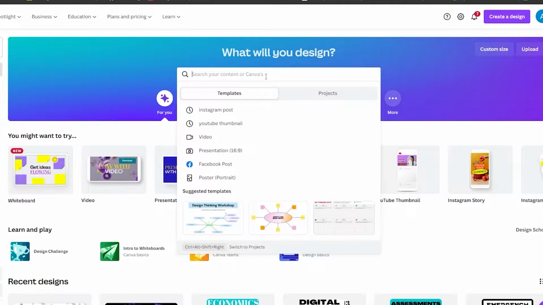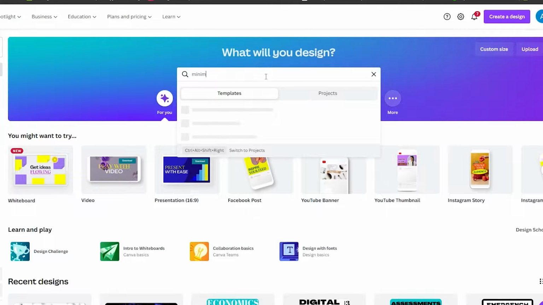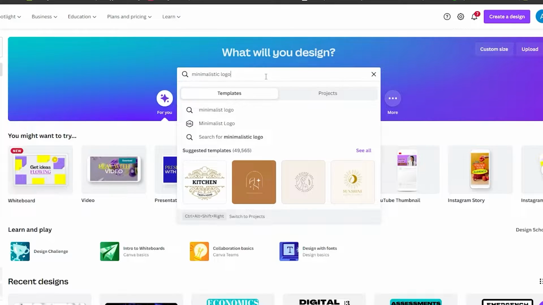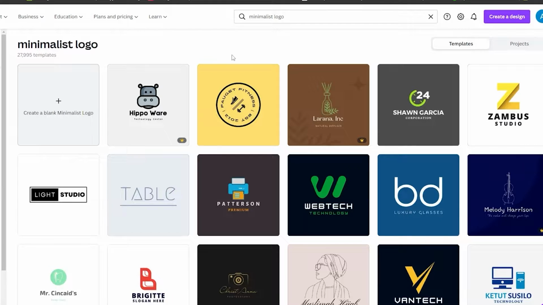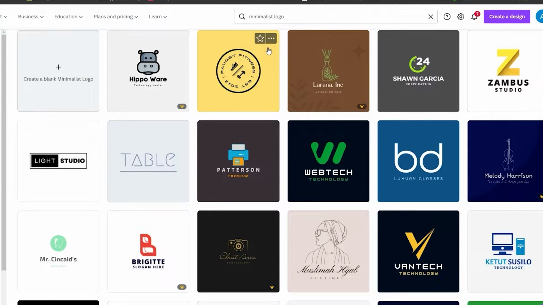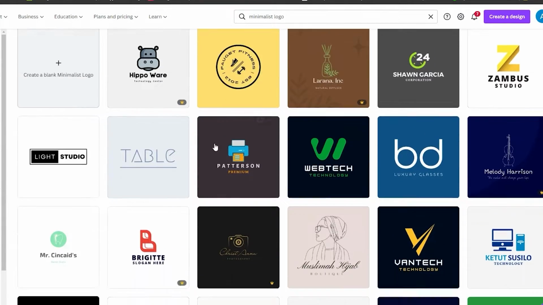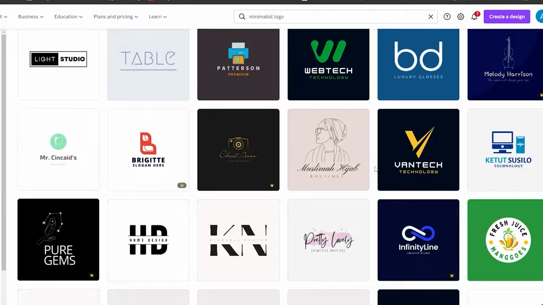So let's say you want a minimalistic logo. So what are you going to do? You're simply going to type in over here minimalistic, and then after that type in logo. So wait for a few seconds and you will have these recent searches come up. So now from over here, simply click on that, and then after that you guys are gonna have so many different options come up. So over here, these are all the templates that you guys can use to design a